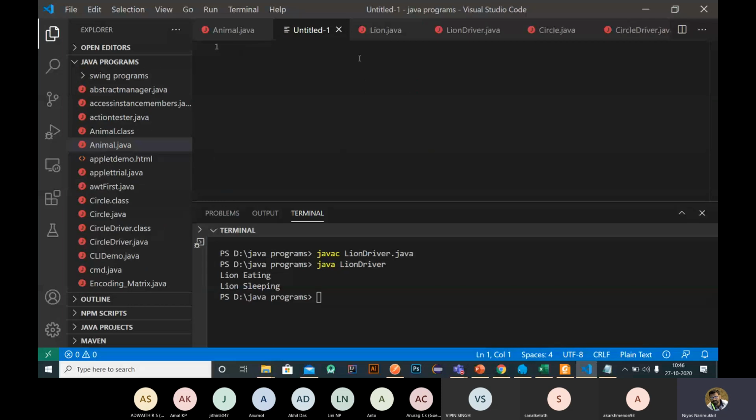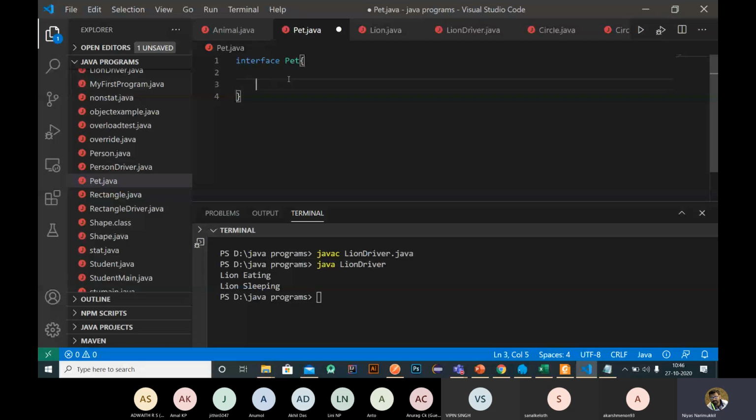I save this as pet.java. So this is an interface pet, and inside this interface pet we have some functionalities like public void home.